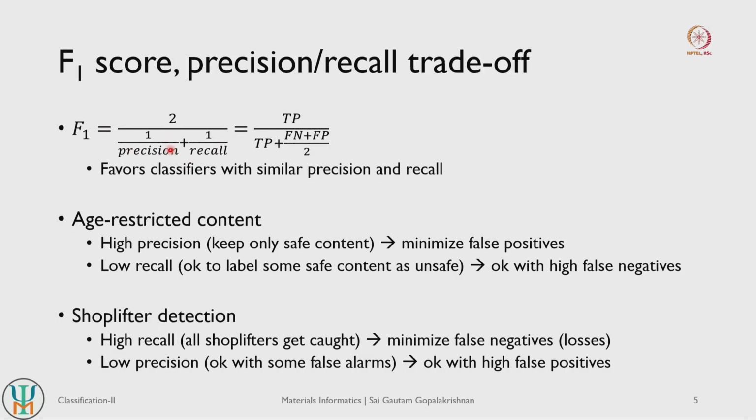Since it is defined as the harmonic mean, if you try to maximize your F1 score, it tries to have similar values of precision and recall. If you have similar values of precision and recall, you naturally see that the F1 score maximizes, right. So if you maximize your F1 score, you try to achieve a model which has similar values of both precision and recall. But once again, this may or may not be good for your end application, and we as humans have to take a decision whether we want high precision or high recall.